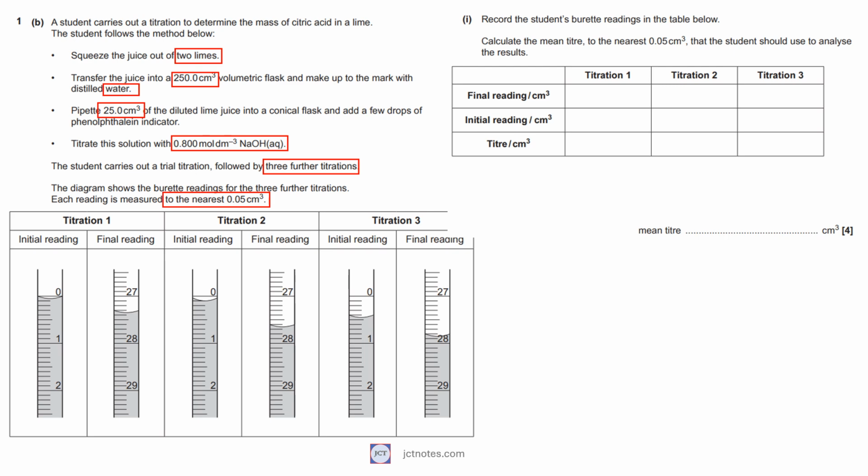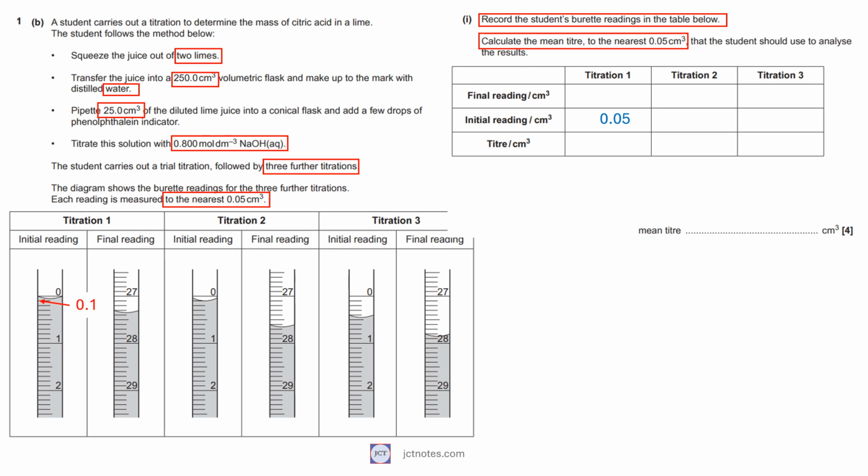In the first question of this part, we are given a table to record the student's burette readings. We also need to calculate the mean titre, to the nearest 0.05 cubic centimeter, that the student should use to analyze the results. Starting with the initial reading of titration 1, we can see that the volume given by the center of the meniscus is between 0 and 0.1. As the volume is measured to the nearest 0.05 cubic centimeter, we can say that this value is 0.05